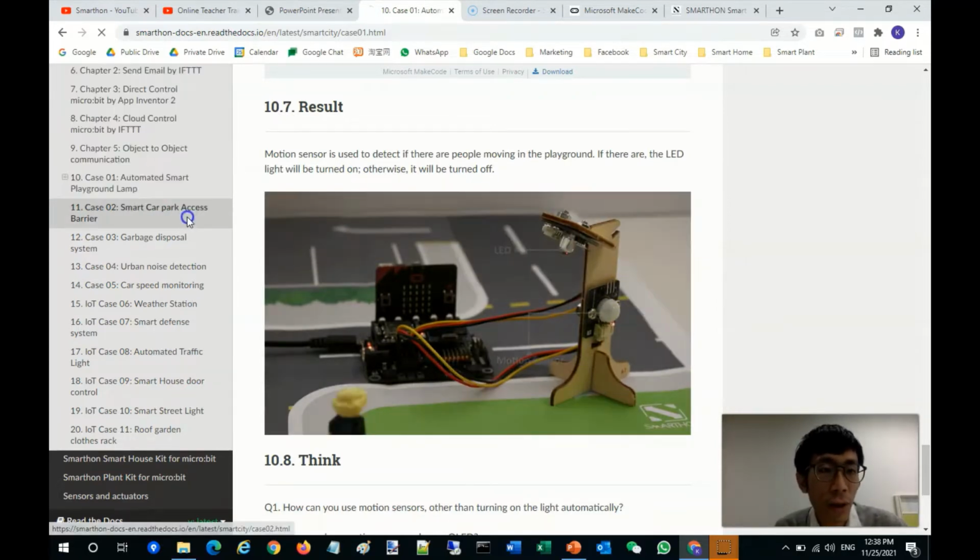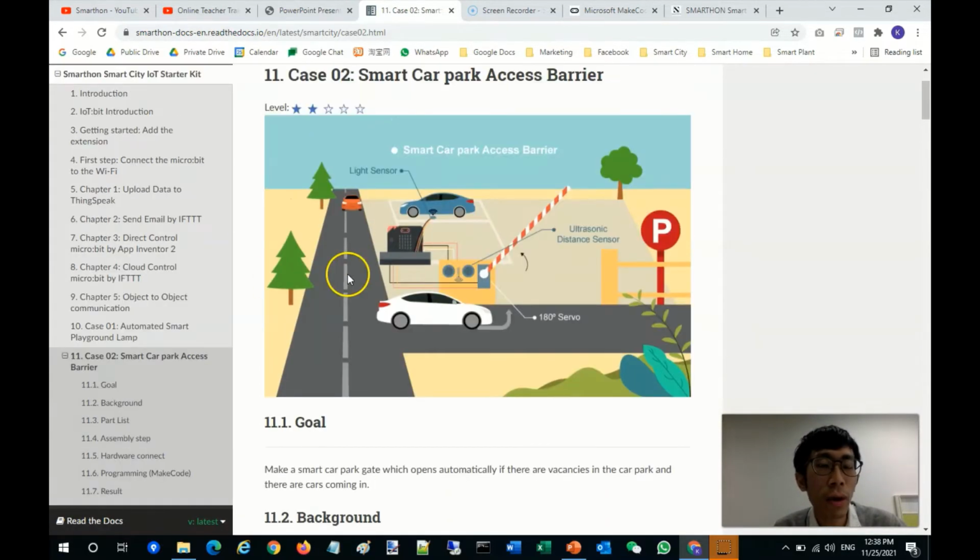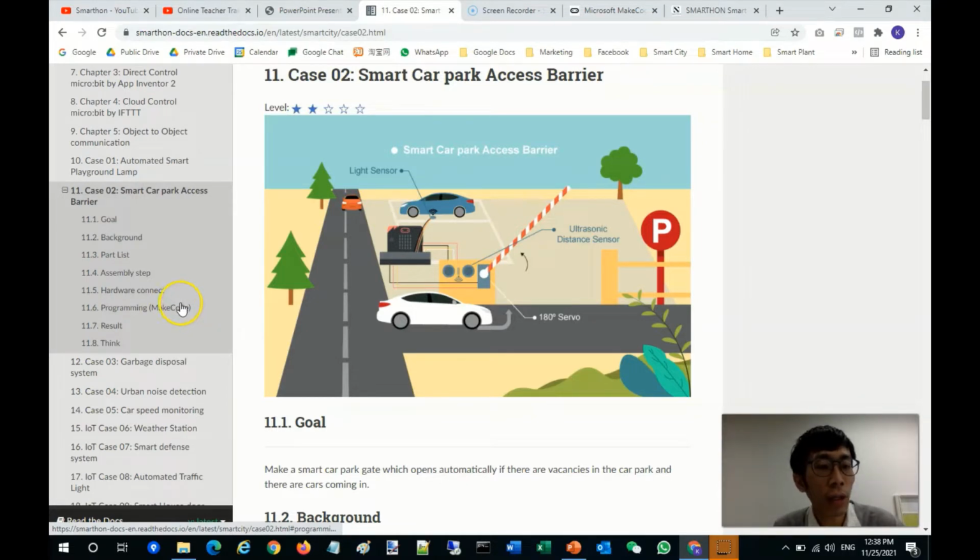So very detailed, case 2 and case 3. I will not go through them one by one right now, but introduce the electronic menu you can make use of at this stage first. And of course, I will go through case 1 to case 5 in the next chapter session of the video. The main points I will introduce, but the details are already very clear in the documentation, and you can actually follow. So in this video, we will just focus on the main point, the main focus you need to be aware of,